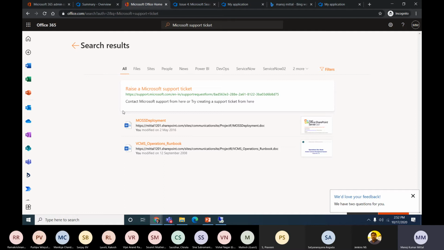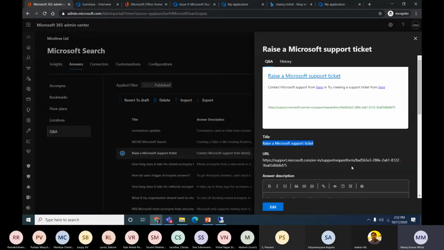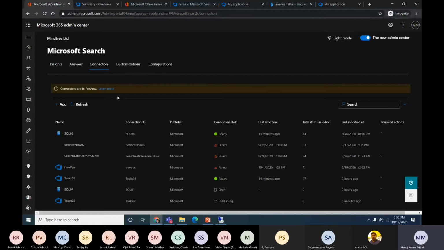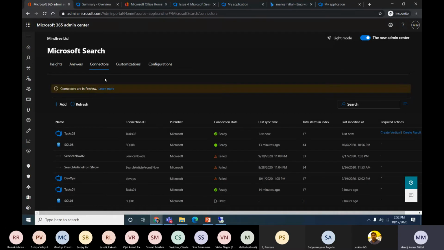So this is again a promotion of particular results which we have defined, which people are quite frequently using in the organizations. We can define that content here in the Q&A section. And on top of that, there are the connectors we are going to use. This connector has a limit of 2 million records. As of now, it's in public preview, and it's not like we can add terabytes or GB of data. So the 2 million records we can store and crawl via the connectors, like how this count appears here. So a maximum of 2 million is the limit as of now.